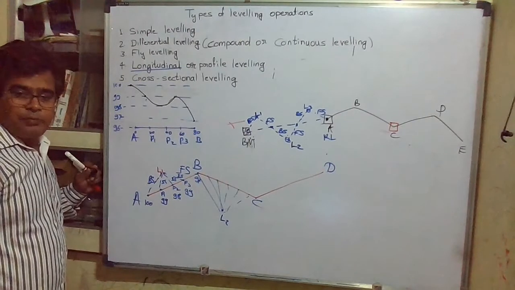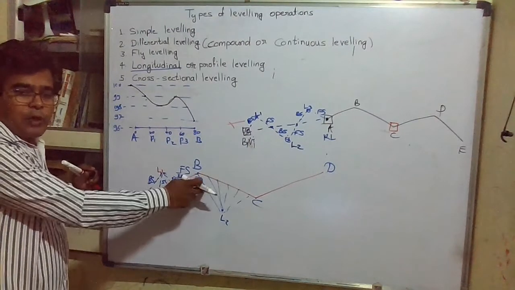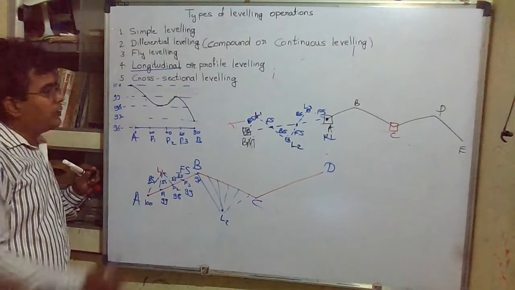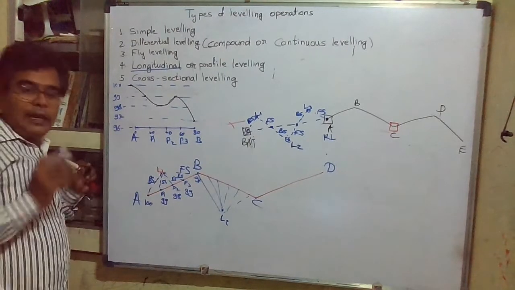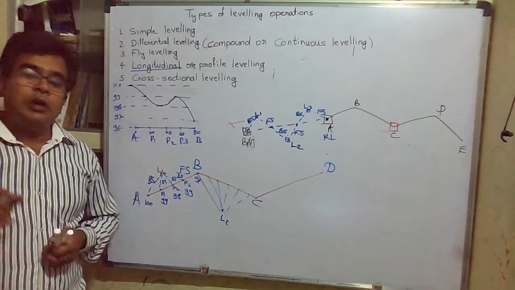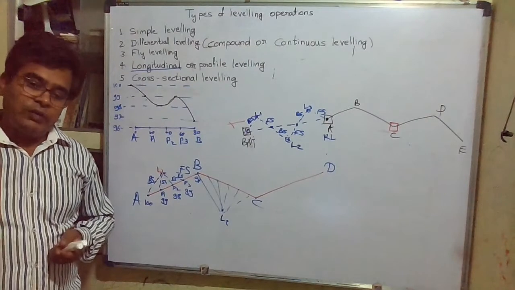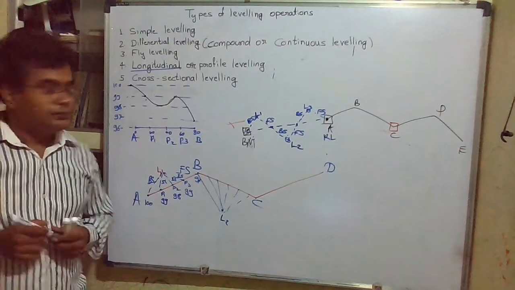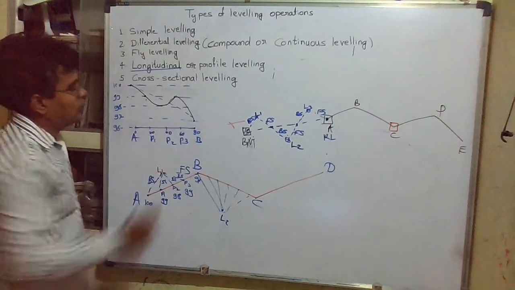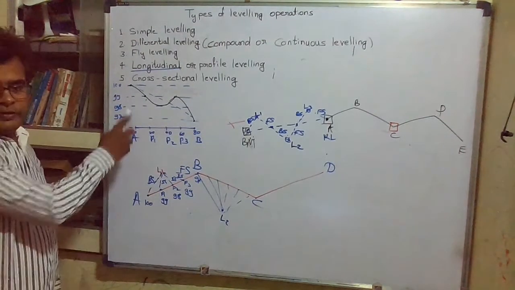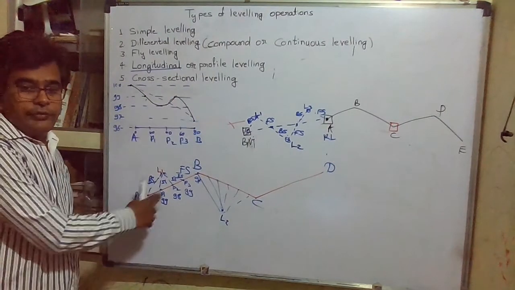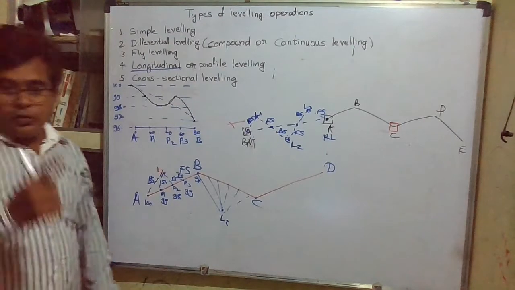we come to know the profile of the ground along this center line AB. Okay, so by using this, we can calculate earthwork required for any road activity. We need to count earthwork: how much is the cutting quantity, how much is the filling quantity. So this can be used to select the profile for the road. In longitudinal profile leveling, we come to know the nature of the ground along the center line